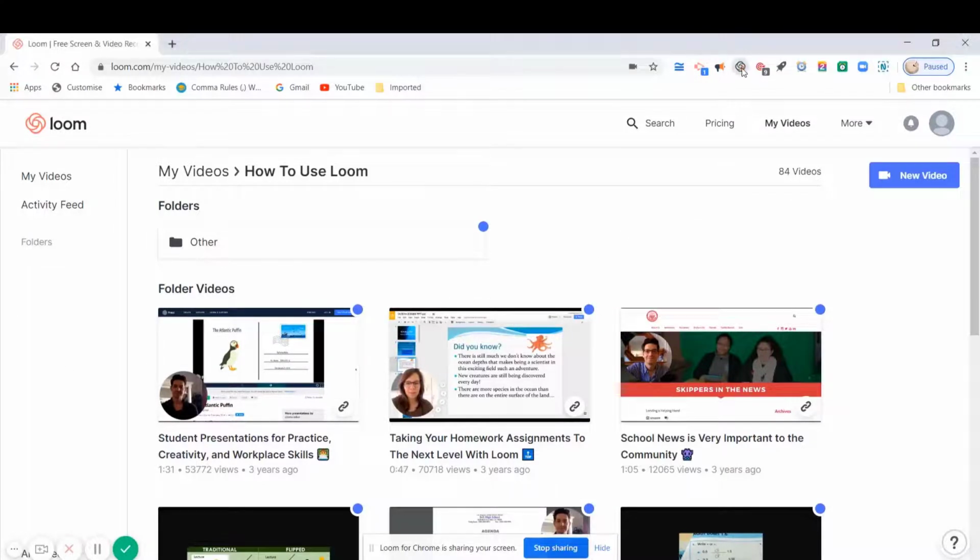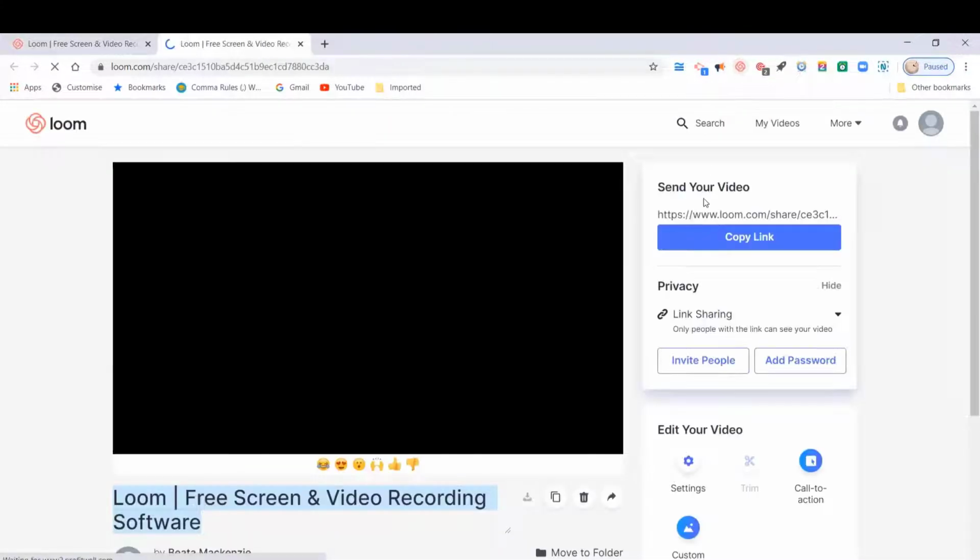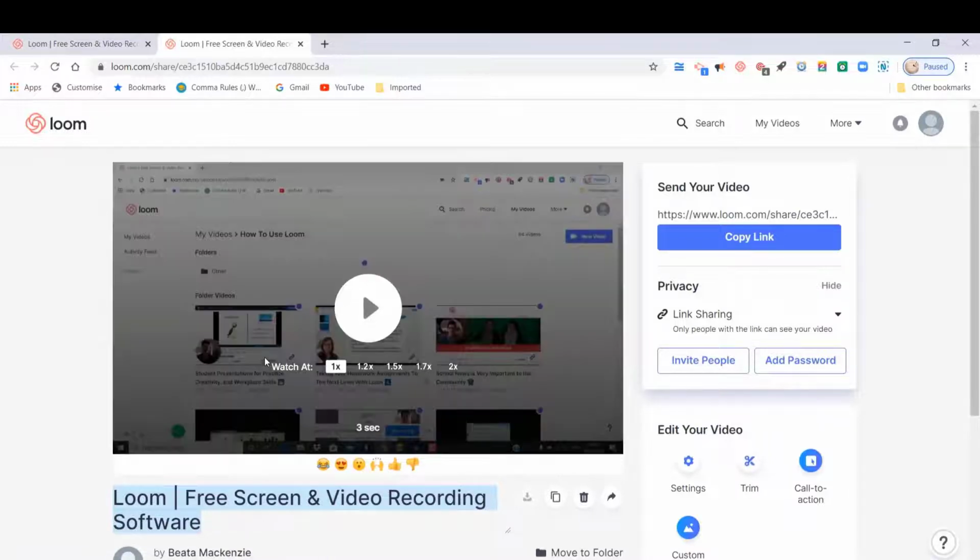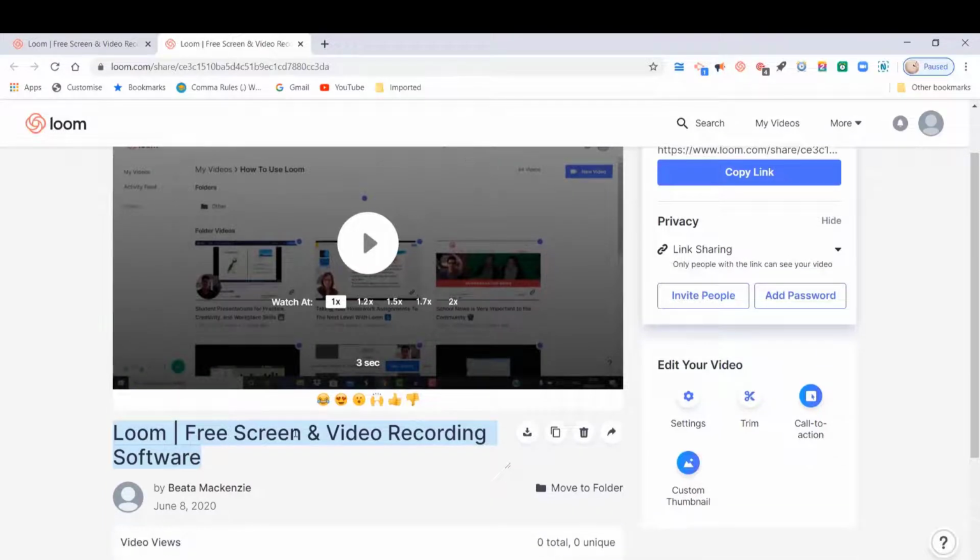I want to show you now something that is really, really fantastic. Is the way you share your videos. So you are taken directly to the video. The only thing you have to do is to give your video some title. And if you want, you can download it as an MP4. You've got this little icon here. It's not a problem. As an MP4,